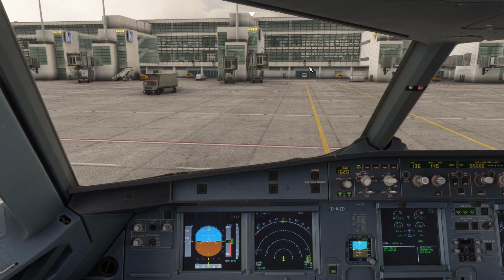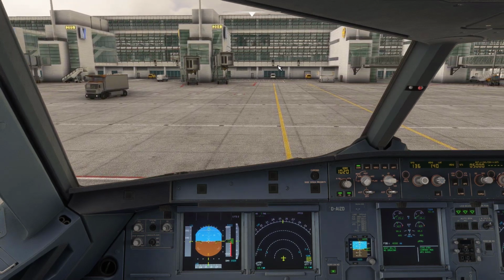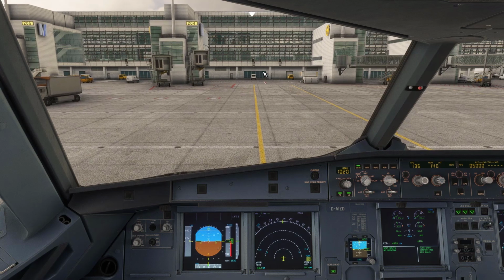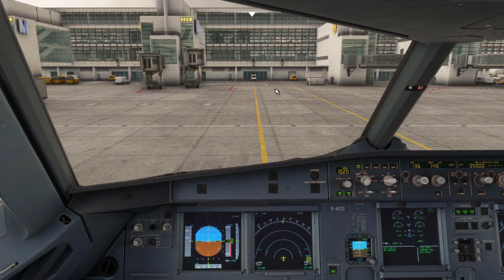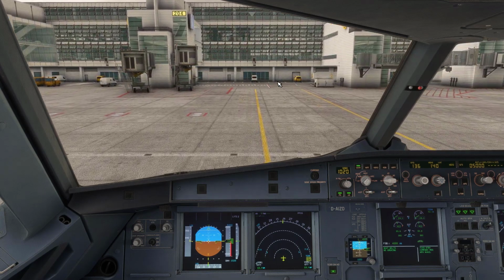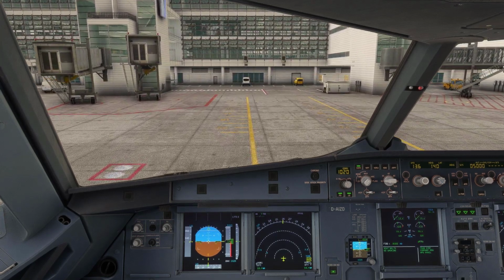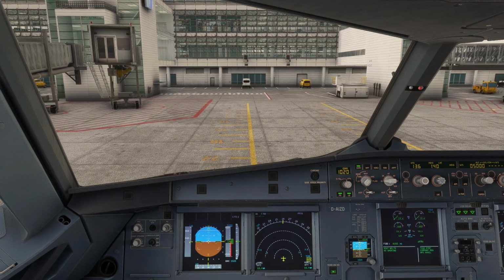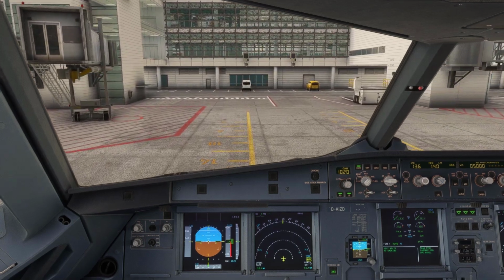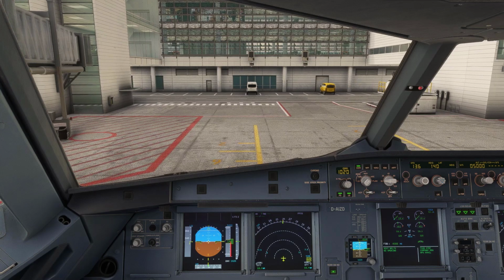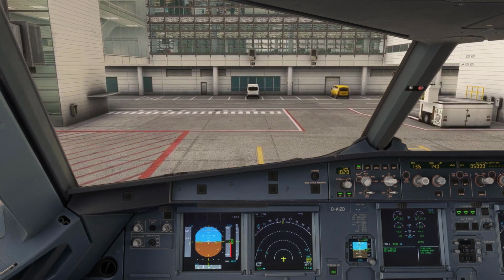And those automatic parking marshaller signs here don't work. Automatic parking, and there's no marshaller, so we have to do that manually. If you have ground services, this will work, but I don't. I'm not interested in these details. And just stop somewhere,